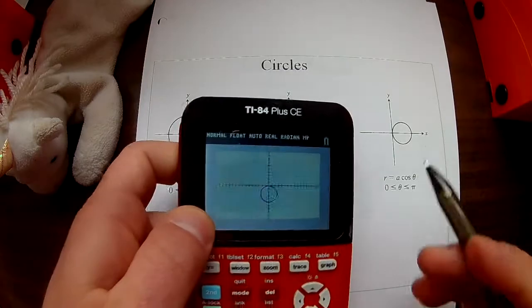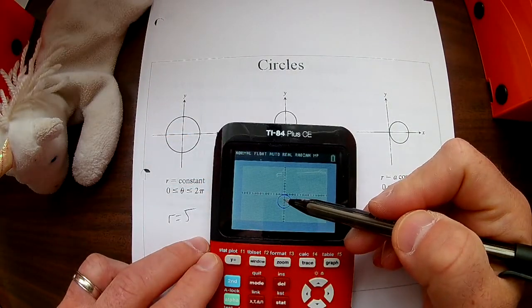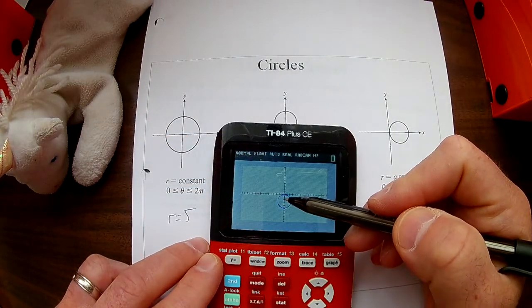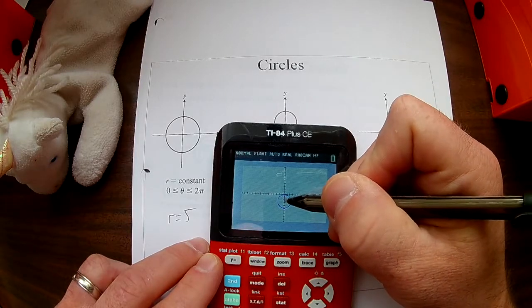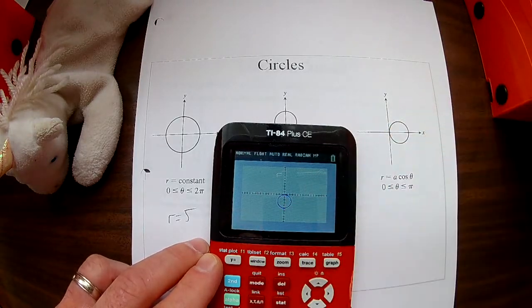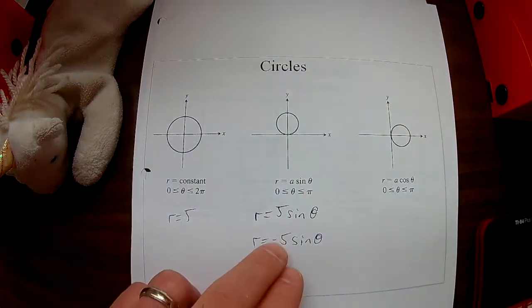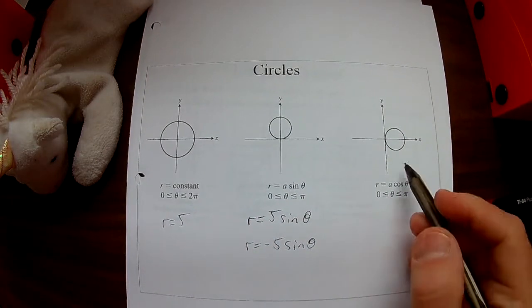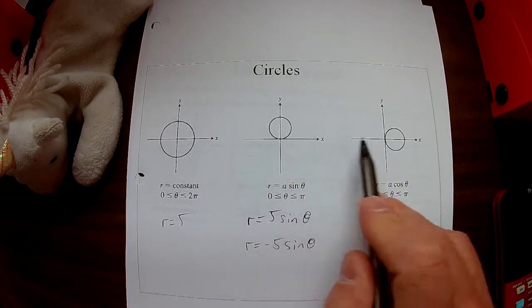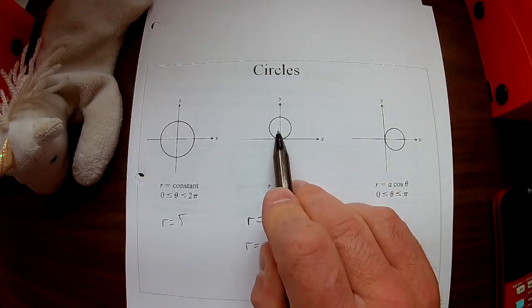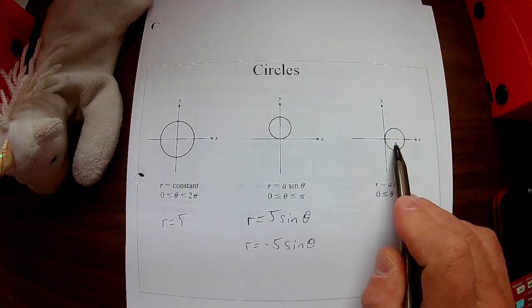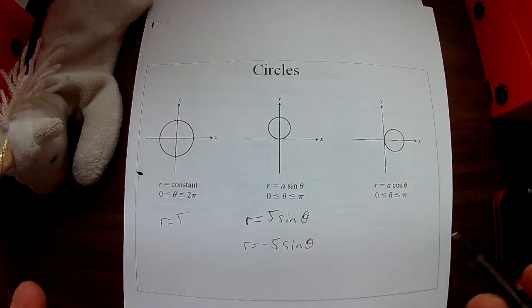Another nice thing to point out here is that the a value is actually the diameter of the circle. 1, 2, 3, 4, 5. See that? So the radius will be half of a. It's the same thing on a cosine of theta, but notice the difference between these two. This one straddles the y-axis, this one straddles the x-axis. If you don't know what I mean by straddles the axis,